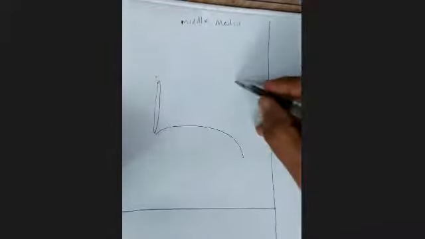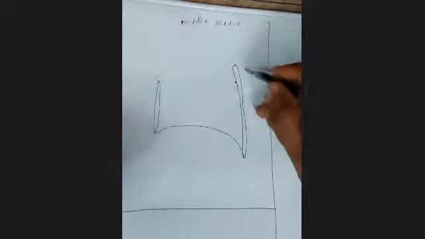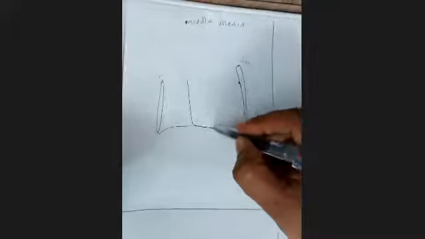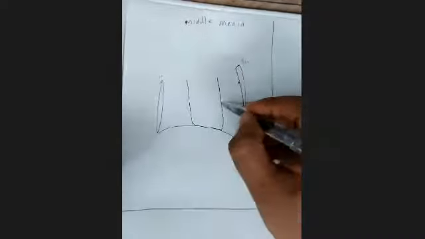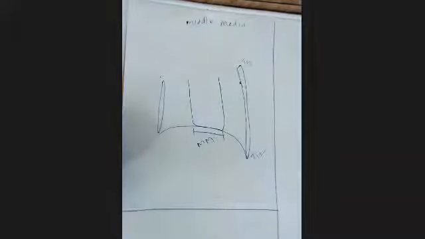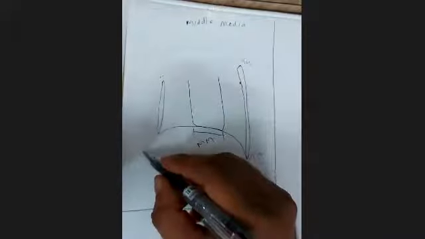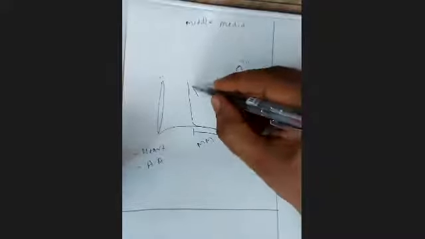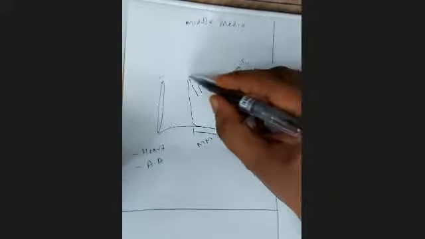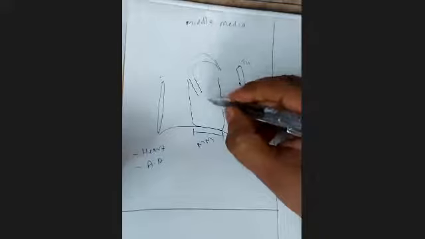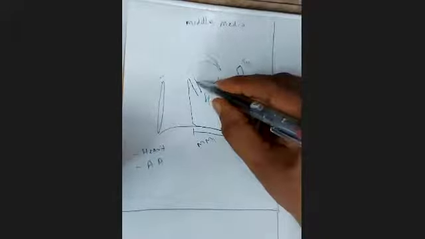Suppose this is the sternum, this is the diaphragm, and this is T4 to T12. The middle mediastinum is formed by the pericardium and its contents. So this part extending from here to here is the middle mediastinum. The most important content of the middle mediastinum is the heart. Then the ascending aorta. So the ascending aorta goes like this, and at T4 it becomes the arch of aorta. So the arch of aorta is a part of the superior mediastinum, and the ascending aorta is part of the middle mediastinum. Then the pulmonary trunk and pulmonary arteries.